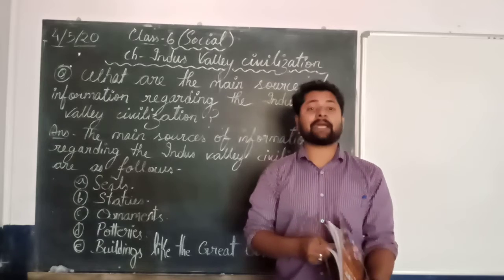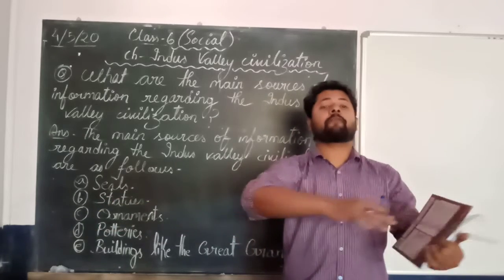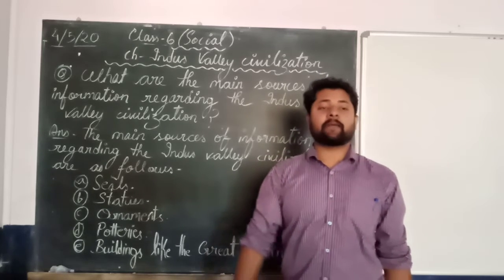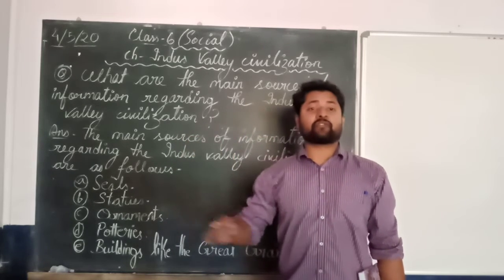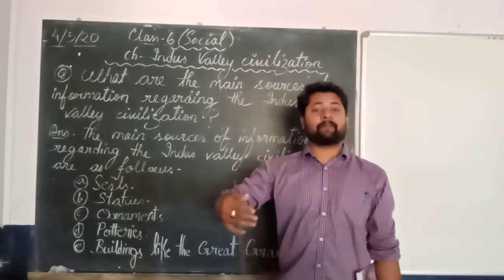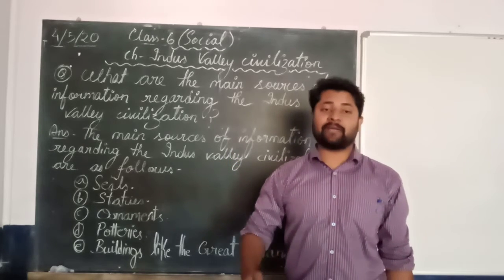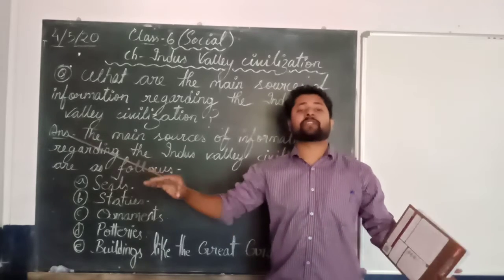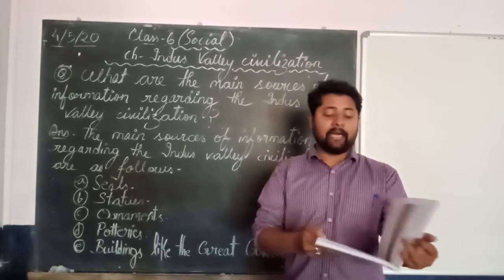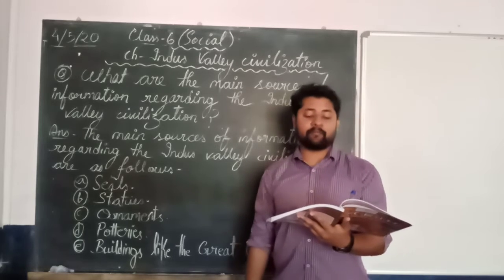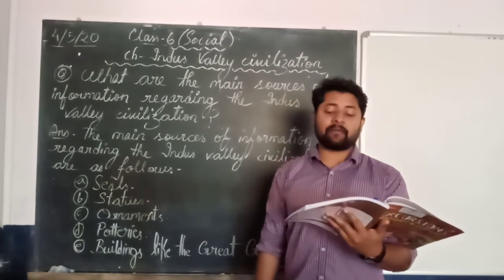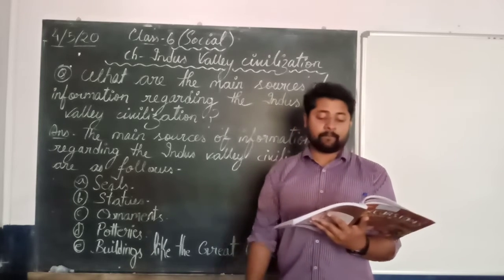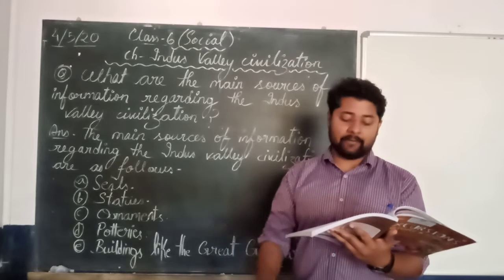The Great Bath is a kind of huge pool full of water where, according to the archaeologists, important rituals used to take place. It means only the royal people could go and take a bath there. Next to it, some sort of changing rooms are also there. So it's the Great Bath, the most remarkable structure built on the citadel in Mohenjo-daro. So it was in Mohenjo-daro. It's all about the Great Bath.